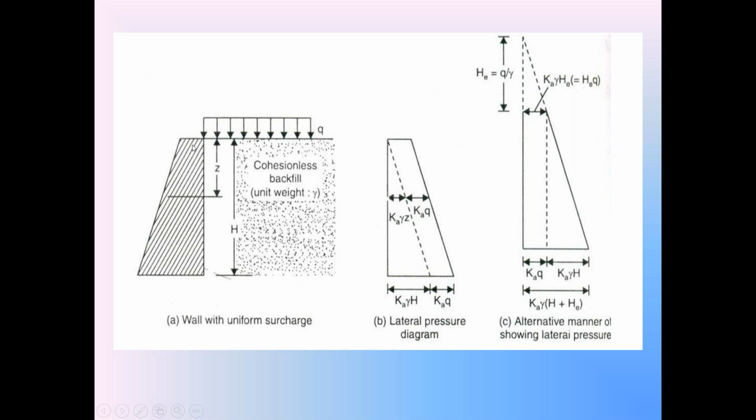So sometimes the backfill behind the retaining wall is subjected to the external stress, that is called the uniform surcharge acting on the backfill. In this discussion, we consider that the intensity of the uniform stress, that is called surcharge, acting on the backfill as q per unit area, small q. Now we are going to discuss what is the effect of this external stress, that is surcharge, acting on the backfill in the active earth pressures developing in the backfill.